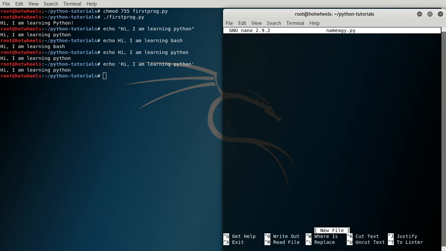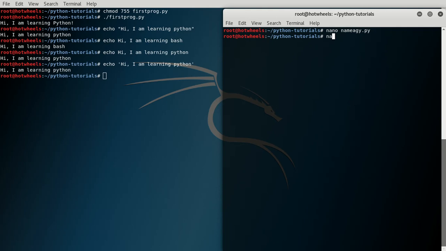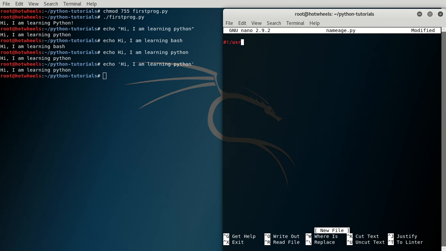Let's go to a more interesting example: nano name age.py. Include the shebang /usr/bin/python, and let's say the name equals raw_input, please enter your name, and the age equals input, please enter your age, and then print hi, name, you are